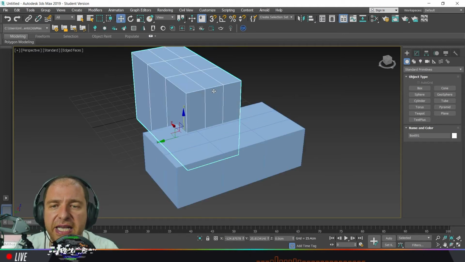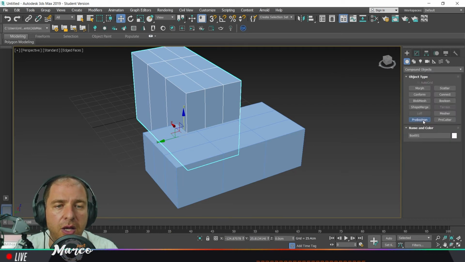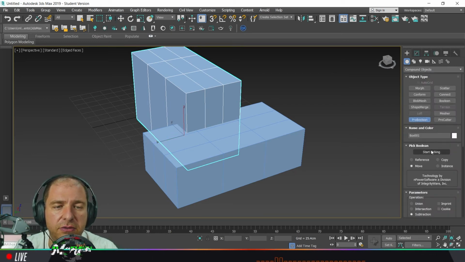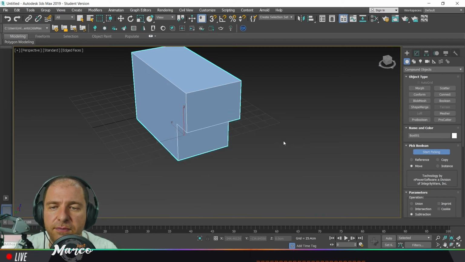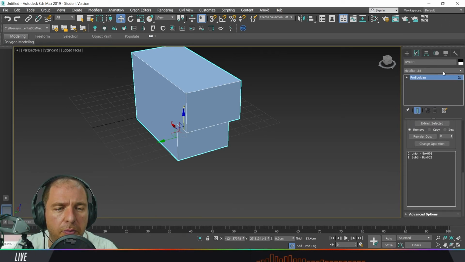A very basic example is when we use ProBoolean. We make a subtraction, start picking, we pick these, and you will see that ProBoolean has something called optimization that is always selected,